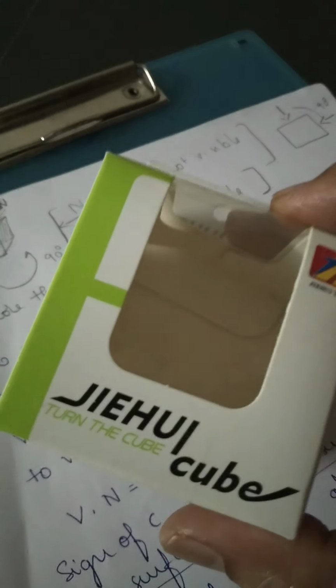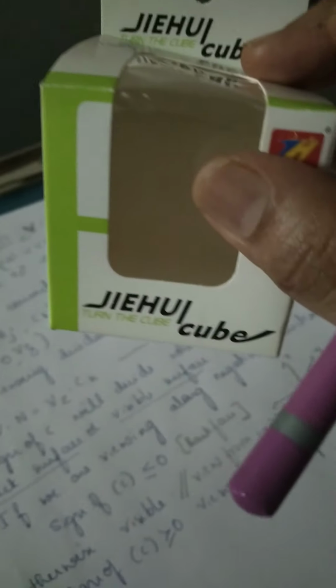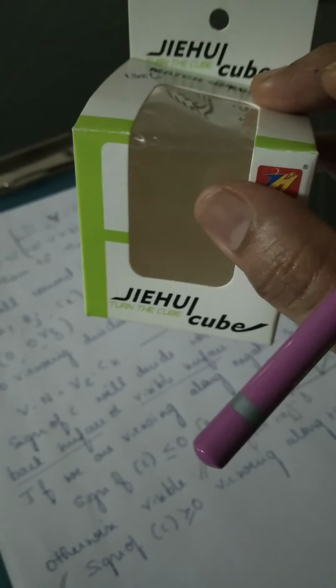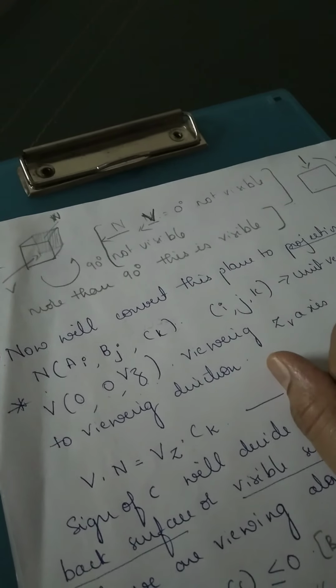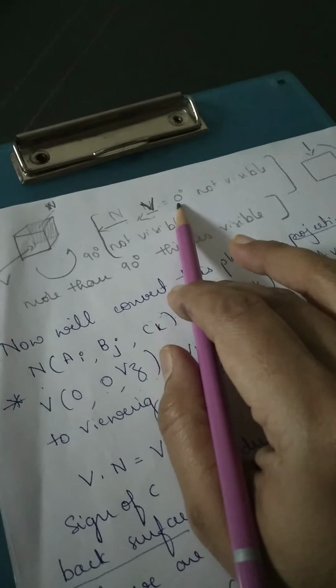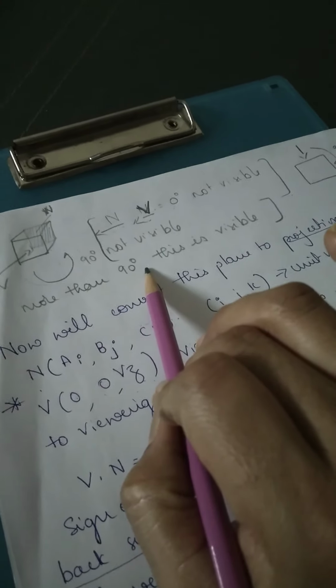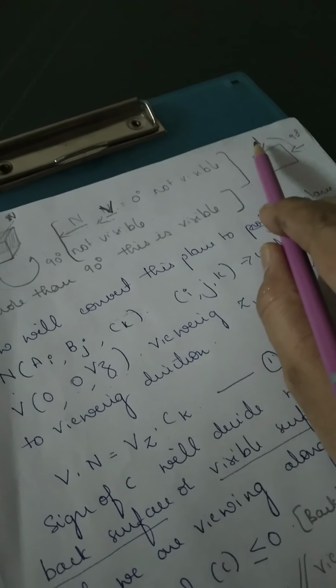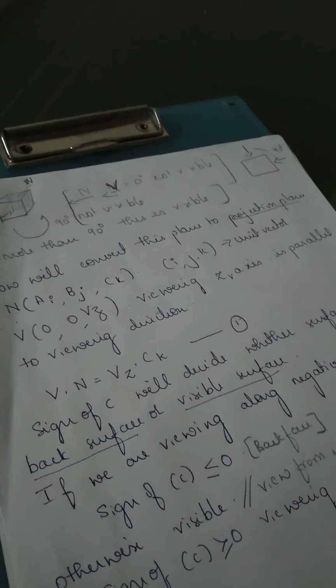This is a plane, I'll turn it 90 degrees. Again, if I view from this side, it is not visible. If I turn more than 90 degrees, now the back face is visible. This is the condition for visibility. When my normal plane and view plane are in the same direction, that means the angle is 0, it is not visible. And if I turn more than 90 degrees, then it is visible. Just check the angle of direction. If the angle of direction is more than 90 degrees, then it is visible.